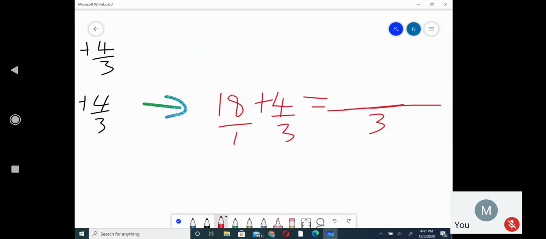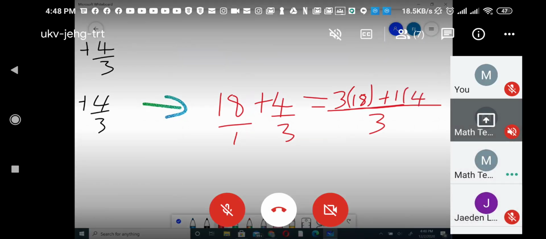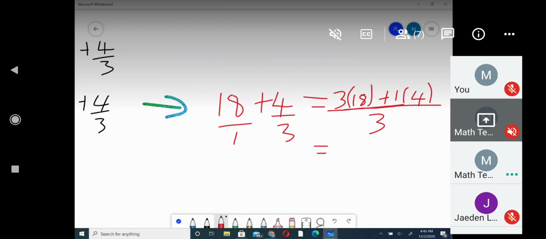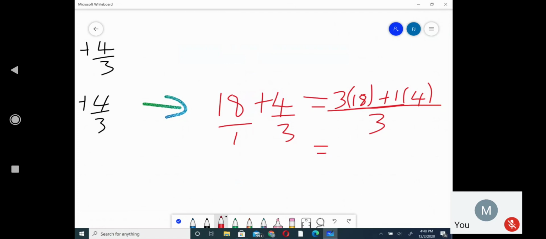And then we'll say 3 divided by 1 equals 3 times 18 plus 3 divided by 3 equals minus 1, 3 times 18 equals 54 plus 1 times 4 equals 4. And it's all over 3. 54 plus 4 equals